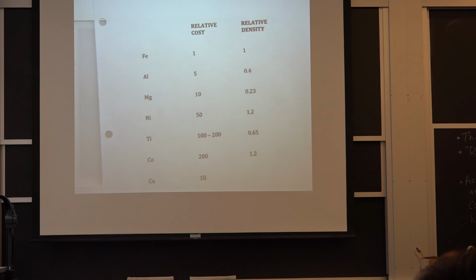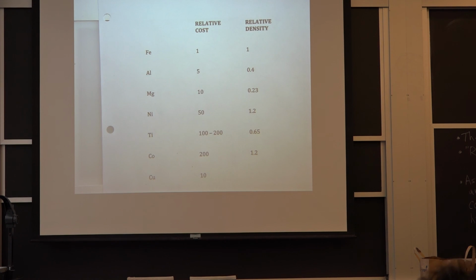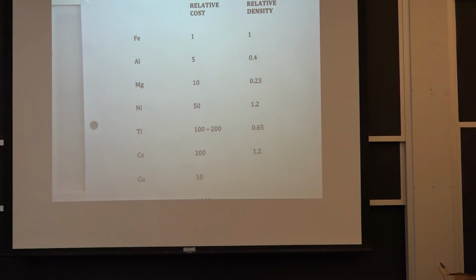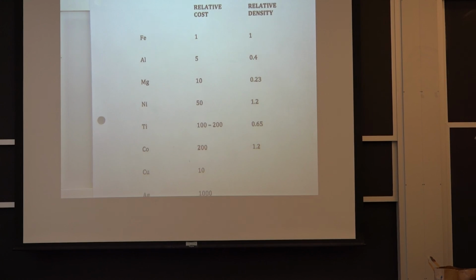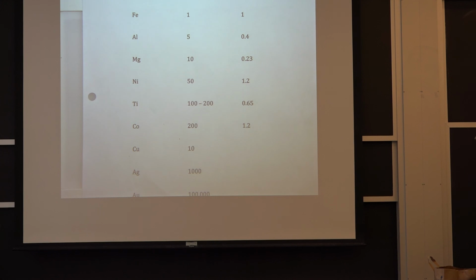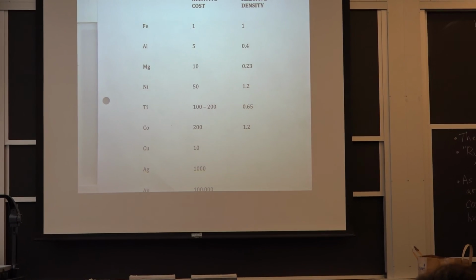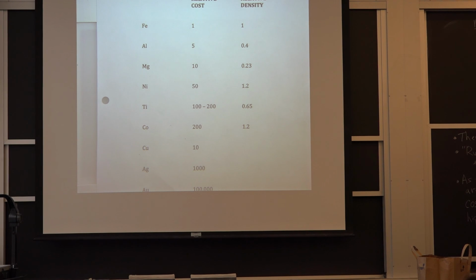Here is, and these things will be on the website, so you don't have to copy them down. If I use iron as my metric for these metals, normalized to density and cost, aluminum has 6 times the energy content and 5 times the cost, approximately. Well, you could argue maybe it has 6 times. But approximately, there's the ratio of the energy cost in the material. And now it is much lighter, and that's what I was going to pass around.